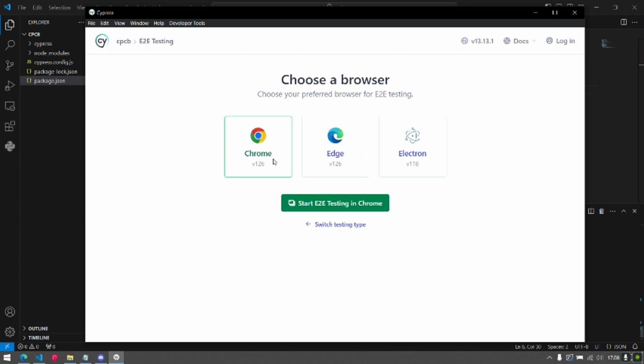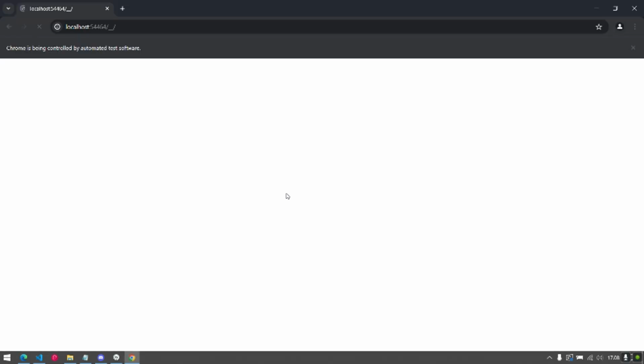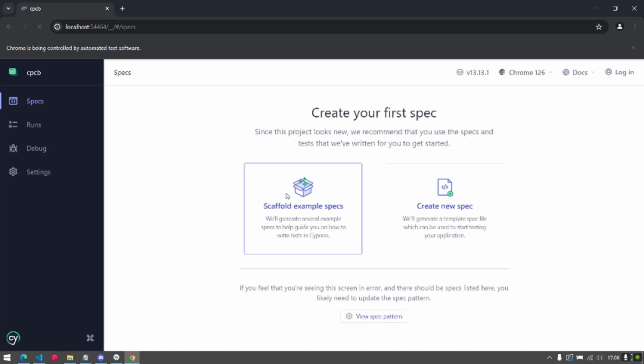I will use Chrome. And this is it. This is the reference where Cypress is successfully configured.